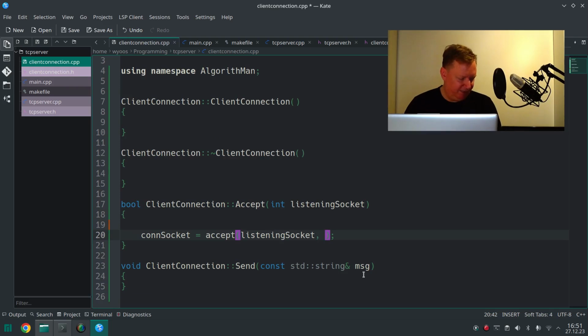So now we pass this client address object